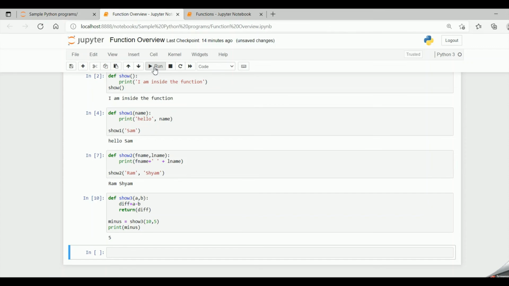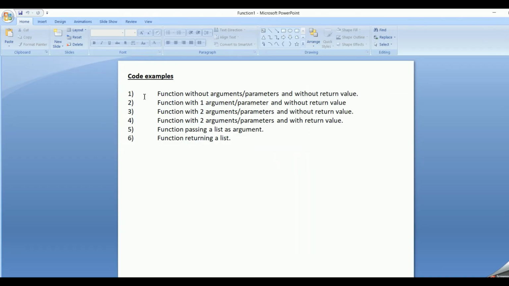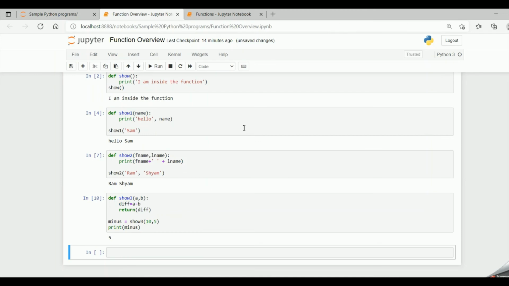Now let's see another code example, the fifth, that is a function passing a list as an argument. We can pass multiple values in the form of a list to the function. So let me say lst1 is equal to apple, orange and grapes.